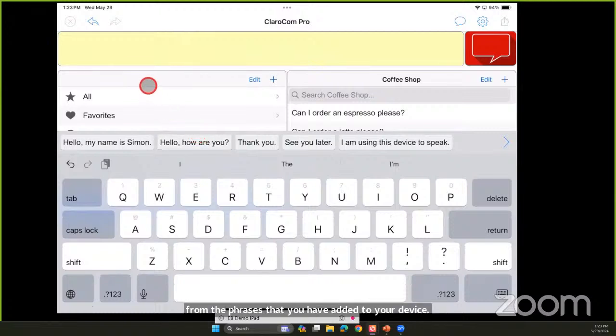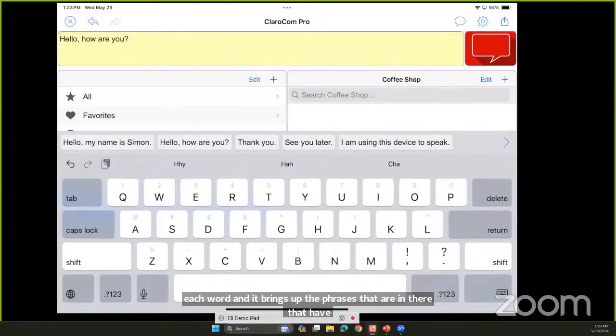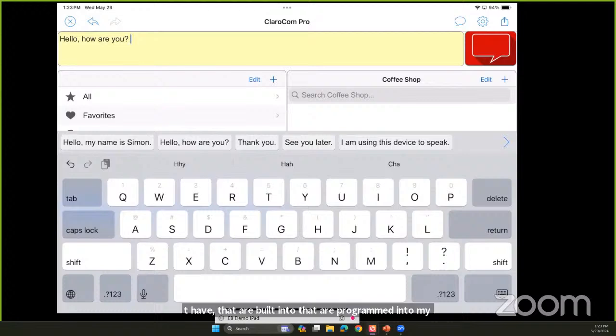And the cool thing about it is it also uses abbreviation expansion built into it, so that if I know a phrase is in there like, hello, how are you? I can just type in the first letter of each word and it brings up the phrases that are programmed into my app here.